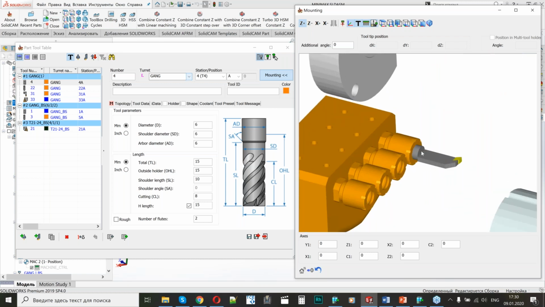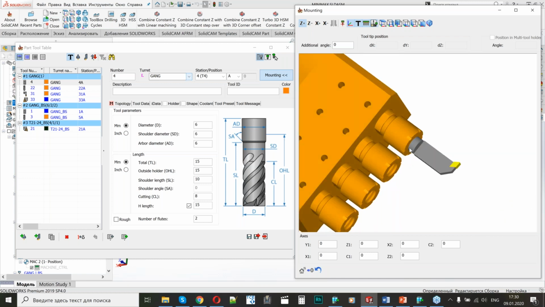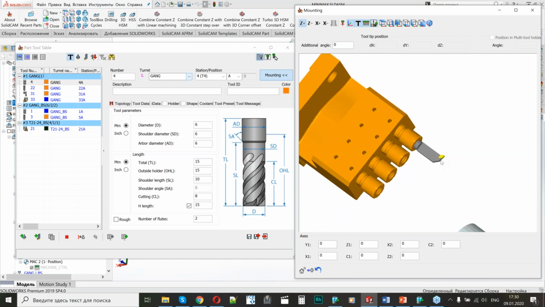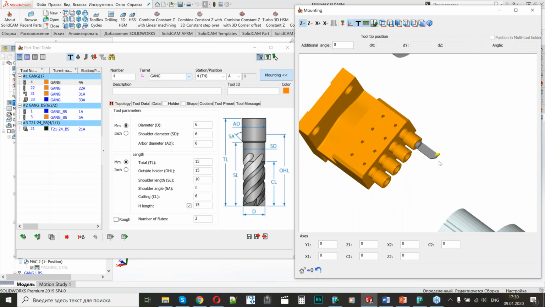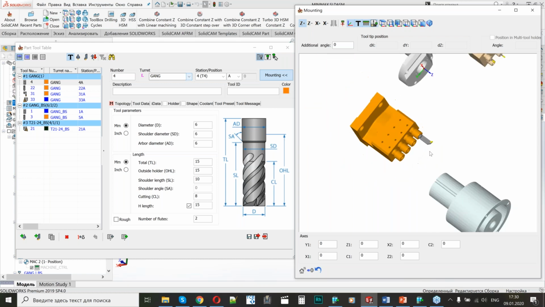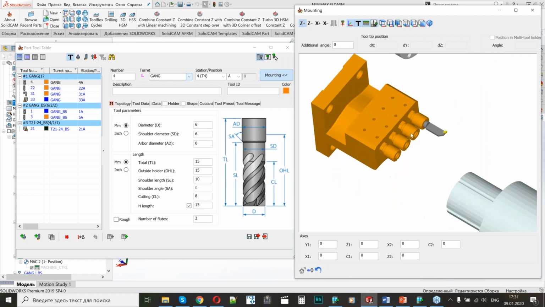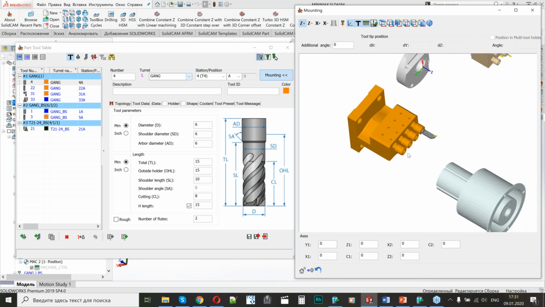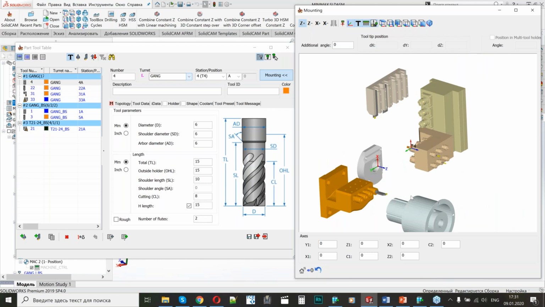Here we can see a quite common situation when I'm using the ID turning tool, and I will use it for the OD turning, the outer turning. You can put some drilling tools here or one more OD turning tool, but the space is limited. So in most cases, they set only one OD turning tool here, and other tools are used as drilling tools. So I divided all the tools into 3 groups,